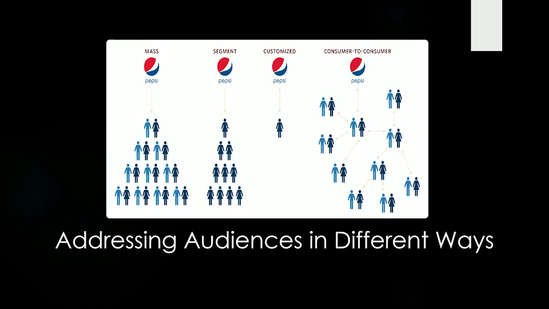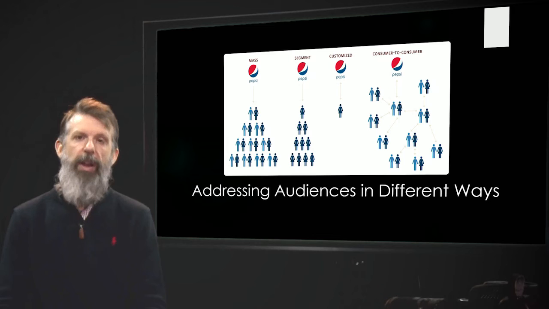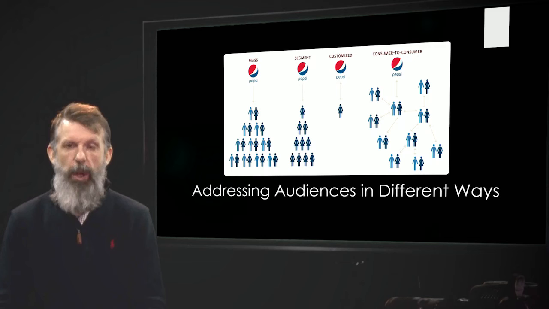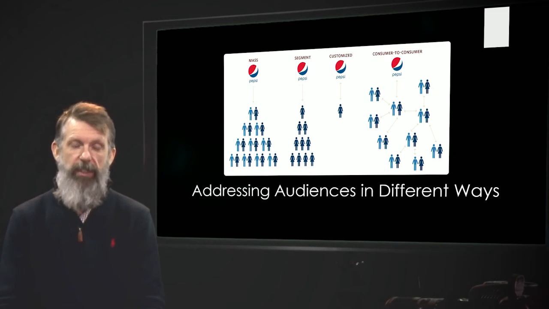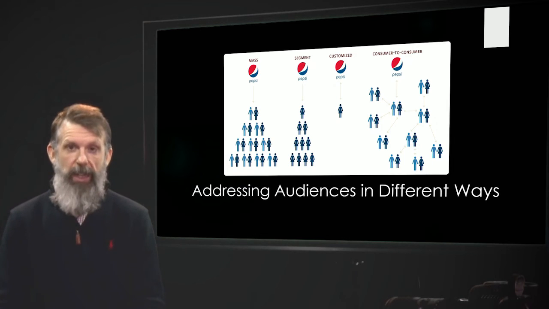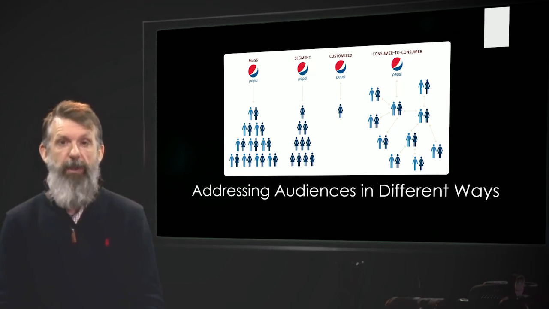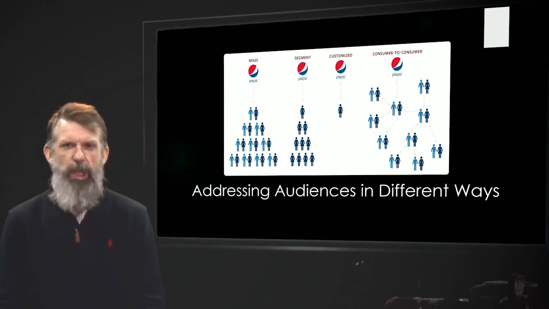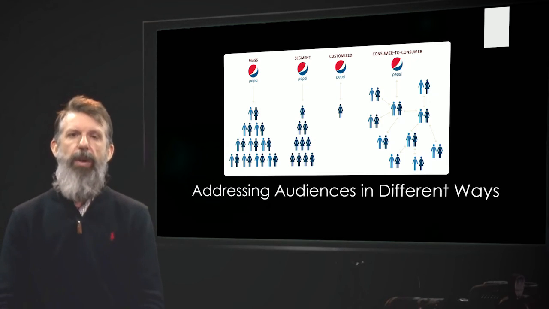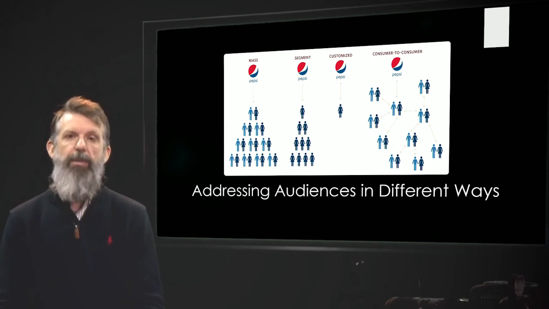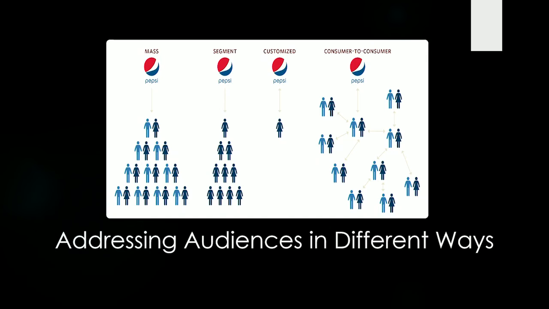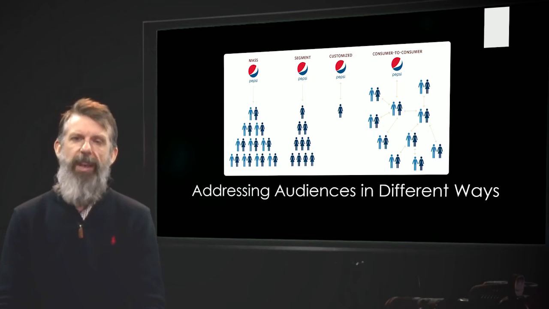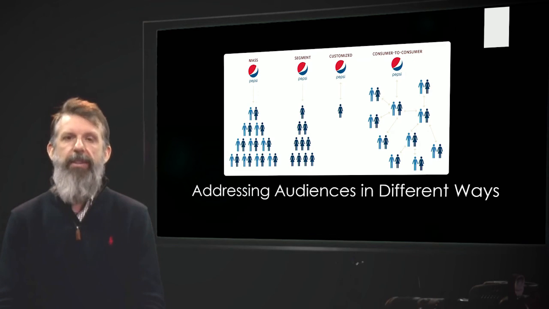The next one is segment. To me, segmenting is very similar to like using cable TV, the radio, or a podcast. Because you know who's listening and what kind of customer is listening to your podcast or listening to the radio or on a specific blog or maybe even a magazine or even cable TV. You know who that person is. And so you can focus your ad on that very specific person. The last one's customized, which is one-to-one. Social media tries to do this. It works some, but of course, anytime you do customize, it's going to become more expensive.